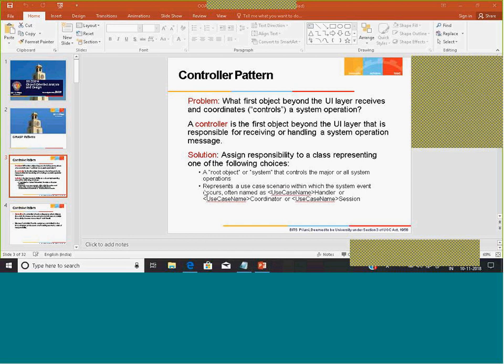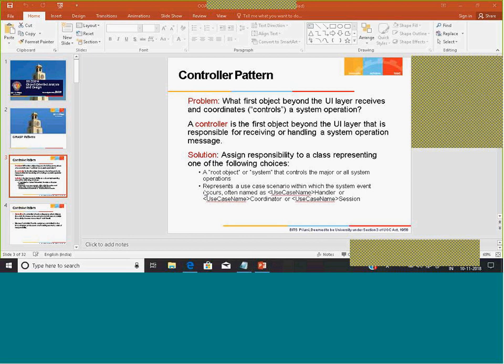Make use of a class which represents a complete use case scenario. So you have one major controller, which is the main root object, or you might have a number of controllers and you name them accordingly. A controller responsible for handling events pertaining to a certain use case scenario, you name it accordingly. You might call it use case handler, use case coordinator, use case session manager, or maybe manager. These are the objects responsible for handling the events which are coming to the system and